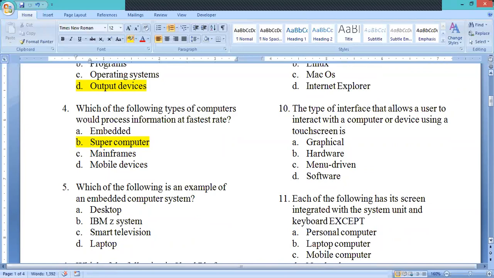So of those 5, you have super, mainframe, desktop, which is also called micro or personal computer, PCs, and we also have embedded and mobile. So let's quickly go through each of them. Already we know that the supercomputer is the fastest. What else do we know about the supercomputers?